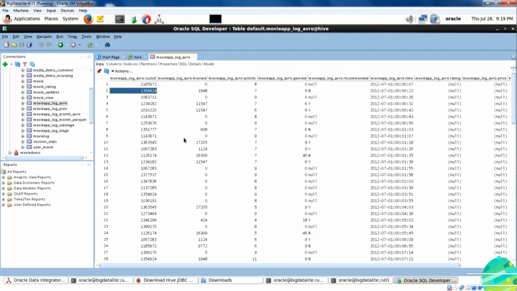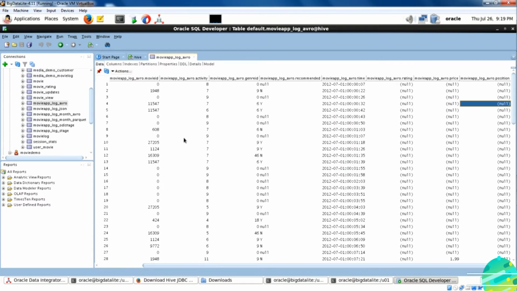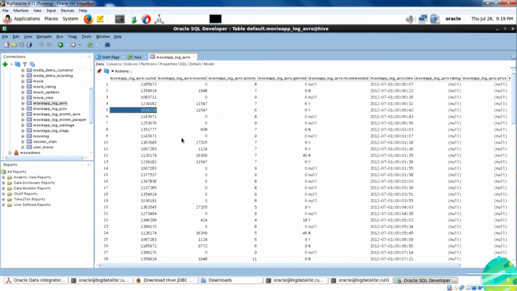So here you go, the movie log AVRO table. It has a lot of data, and it basically has the customer ID and how they watched that movie, what was the activity level, and several other details.